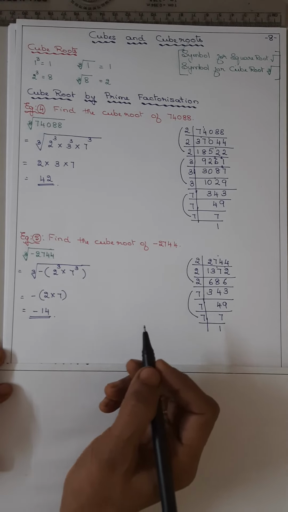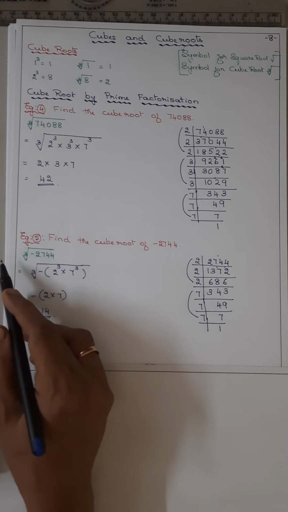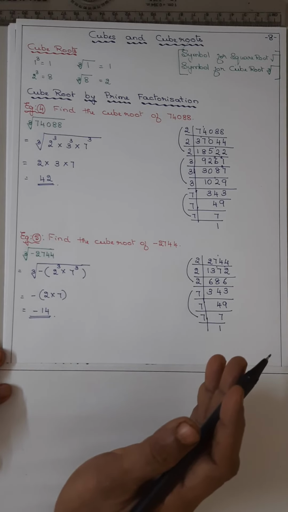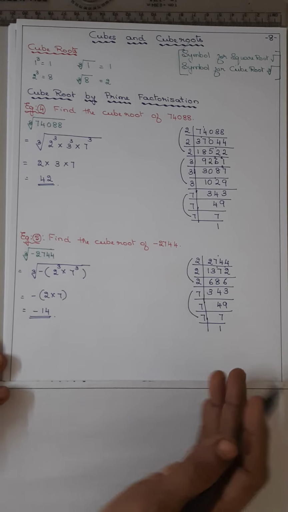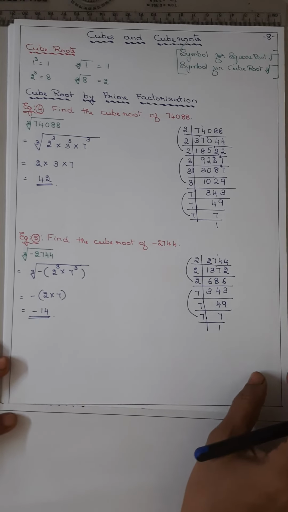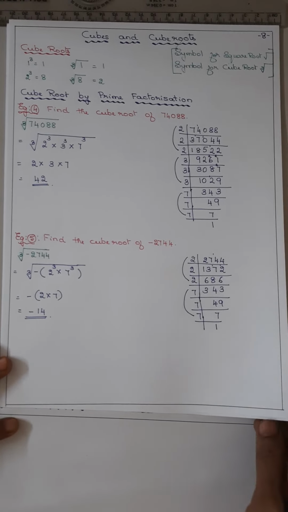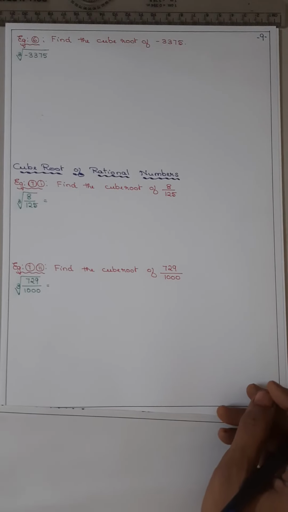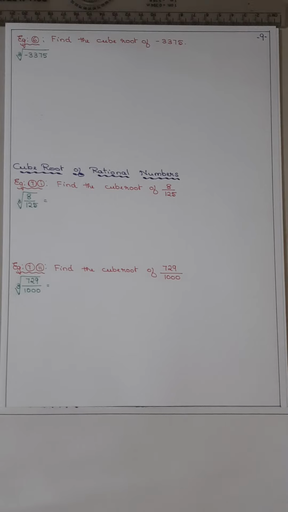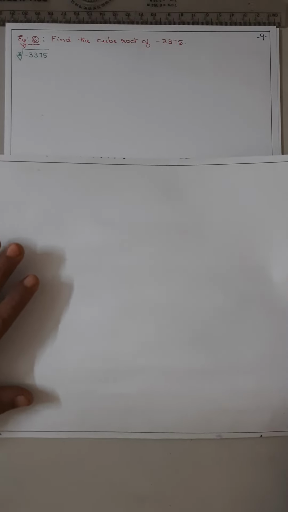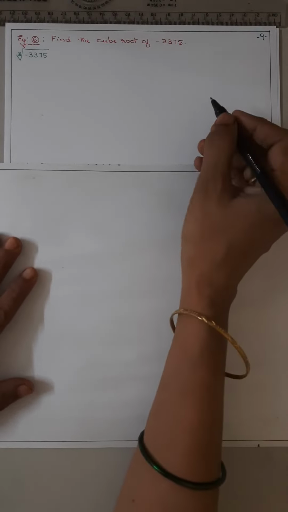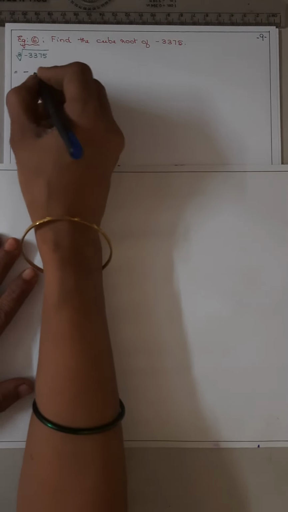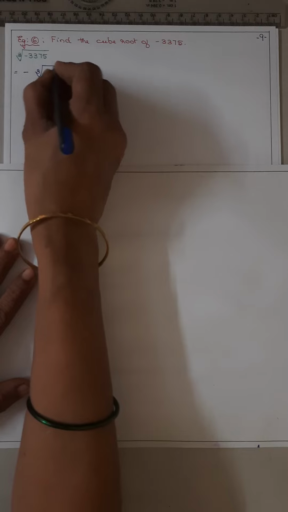Otherwise, first you can take this negative sign outside and then find the cube root. Is it clear? Now coming to Example 6: the cube root of negative 3375. First we will write negative, take it outside, cube root of